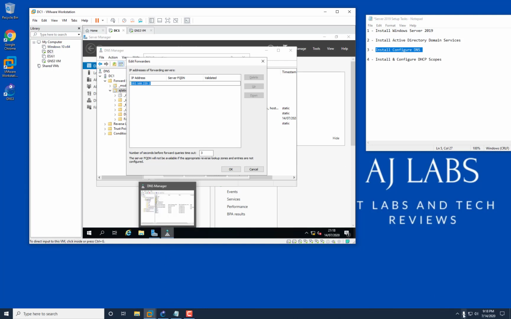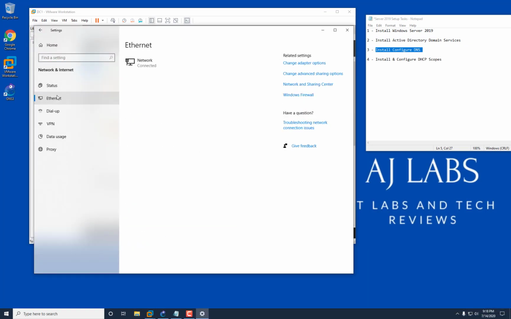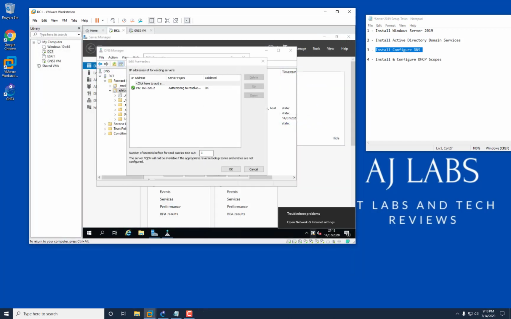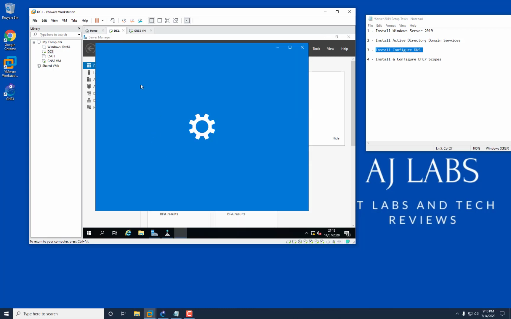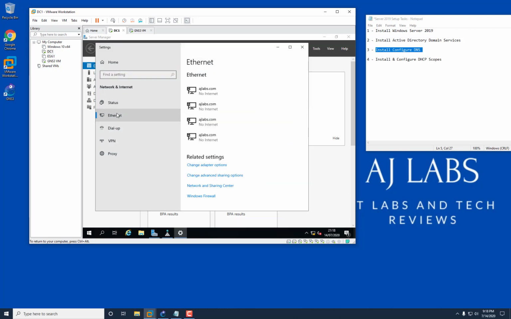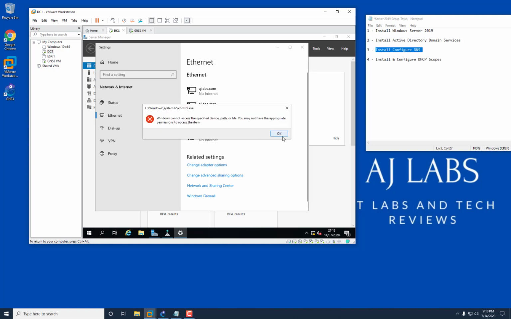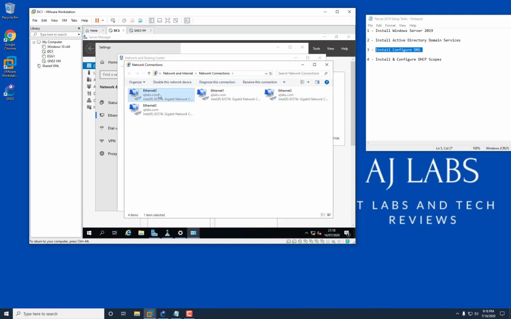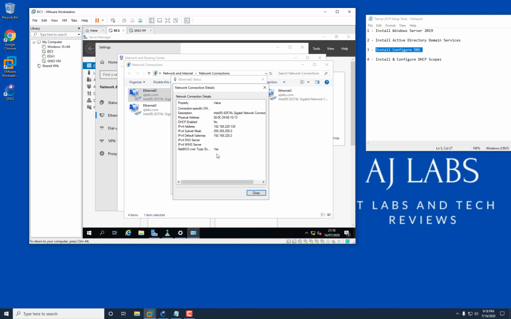received on your... If I go back to my virtual networks, Ethernet, change adapter options. No, that's the wrong one. Let's go back into here. Ethernet. So on your... let's go to change adapter options. Oh, right. Let's go to Network and Sharing Center. Change adapter options. Now on here, your Ethernet 0, whatever IP address you got from or you assigned